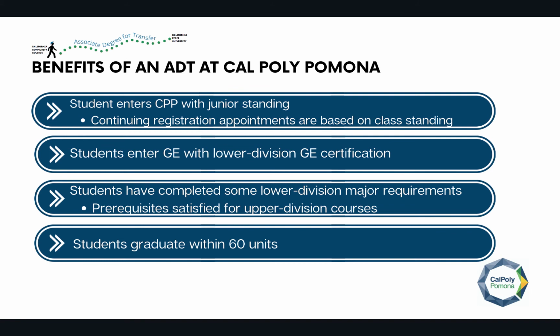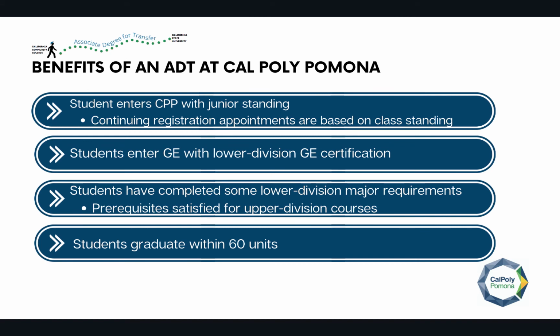And recently, our software, which is PeopleSoft, got an upgrade. And so now it's a lot cleaner. Before it was a little bit mixed up with what was covered and what isn't. So now with the new PeopleSoft update, your lower division GE area is pretty much erased. And only your upper division GE requirements appear. So it's very clean cut. And it's a huge benefit to have that now.